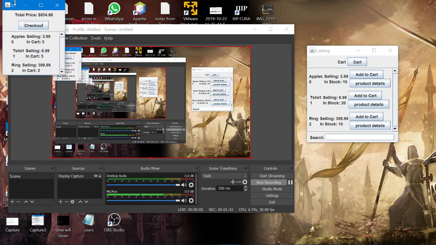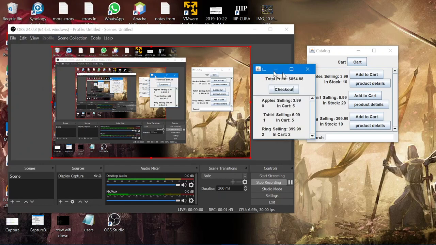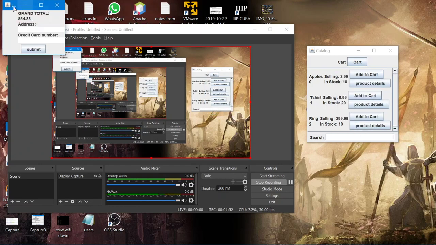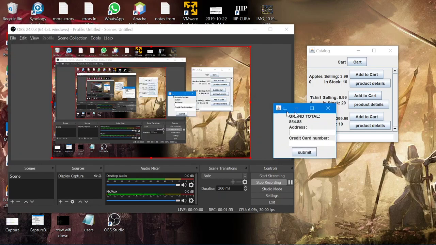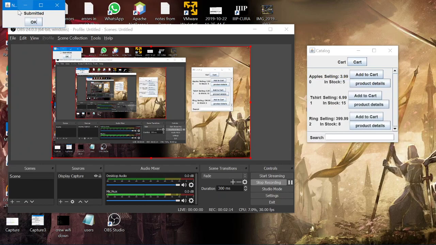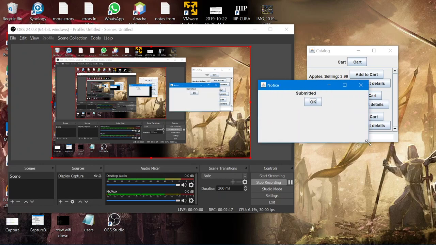And if I go to my cart, I can see what my total price is, how many things are in my cart, including the shirts I added previously. I can then hit checkout and get a checkout frame that gives me a place to put my address and credit card number. It also includes the grand total of my cart. I can then put in whatever my address is and whatever my card number is. It's definitely that one. I can then hit submit, and I will get a notice frame stating that the order